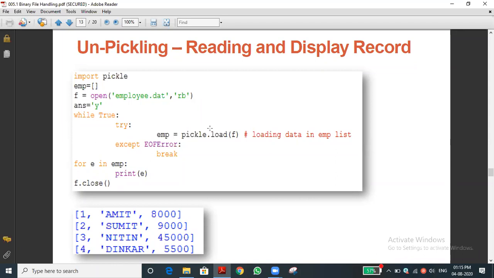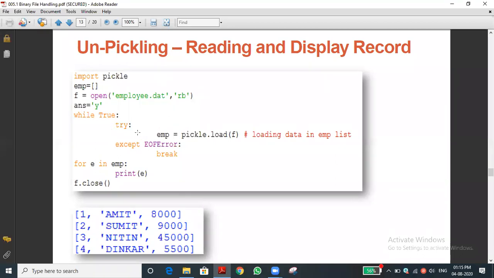It will produce the EOF error. EOF means end of file error. For that purpose only we mentioned the exception case. Exception means if an error arises, don't stop the program. Instead we gave a break statement, and the break statement will stop the execution of the loop. Once it reads all the data from the file, the loop wants to terminate. That is the concept. Have you understood? The rest of the students also? Yes, sir.